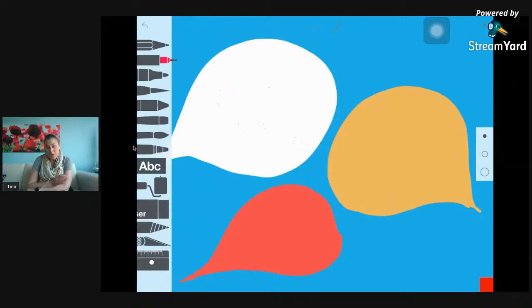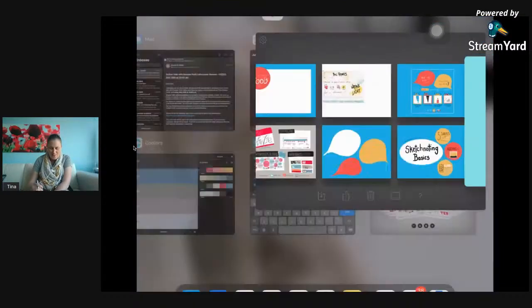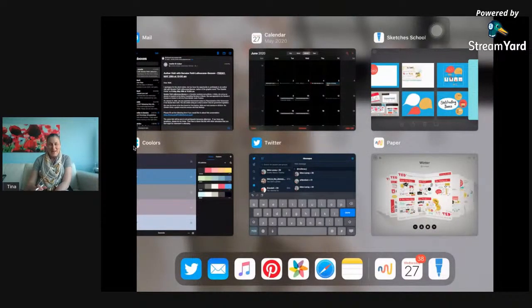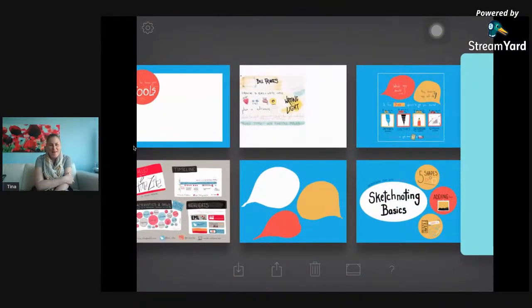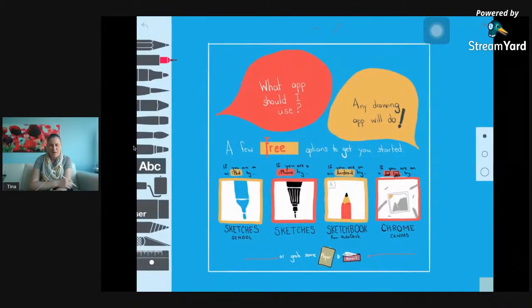What tool to use? Well, there's no right or wrong tool. So if you have a favorite drawing app, use the app you love. It was funny because I was trying to create my pages for tonight, and I ended up just going back to my favorite app because it was just so much faster. But yeah, there's so many different tools out there. What I do look for in an app is one that gives me the tools readily available. So I love the Photoshop series of apps, but a lot of their drawing tools are hidden. So it doesn't make that quick note-taking or quick sketching